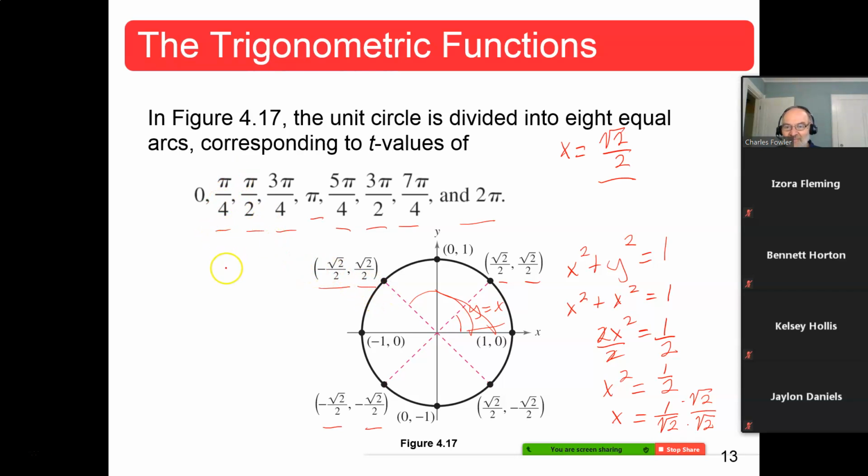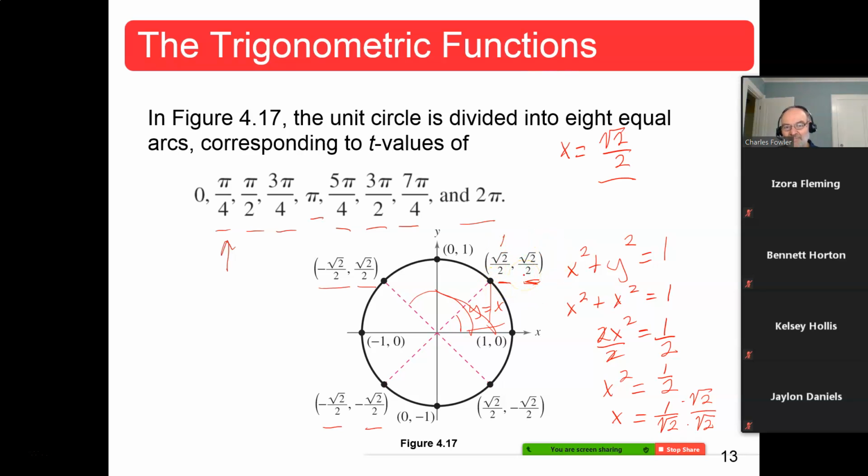Sine of pi fourths is the y value, root 2 over 2. Cosine of pi fourths is root 2 over 2. Tangent of pi fourths is root 2 over 2 over root 2 over 2, which is 1. Okay? Cotangent of pi fourths is root 2 over 2 over root 2 over 2, which is still 1. Okay? So for every value here, all you have to do is read the y, read the x, and do